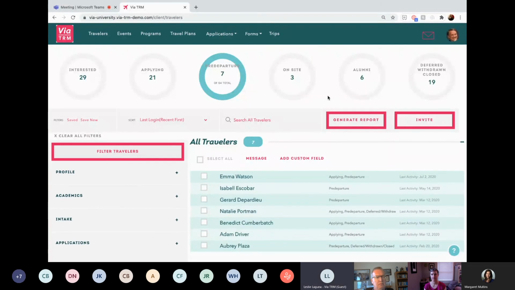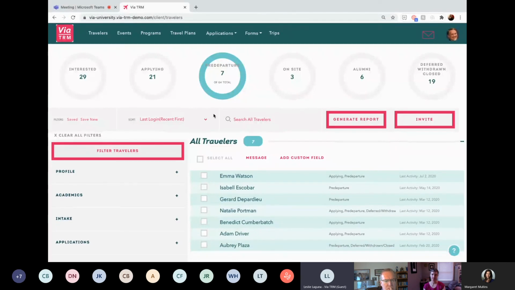Once an administrator accepts their application by way of changing the application status to accepted, students then have the ability to commit to that program and term. Why is commitment so important? Commitment ties into this tracking step, where as soon as the application status changes to committed, the student then enters automatically the pre-departure tracking step, so that you can understand what